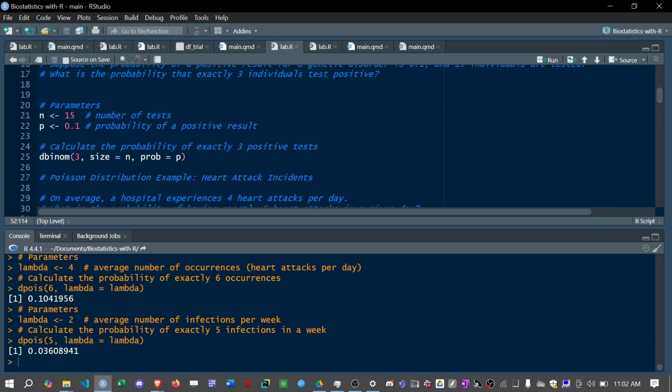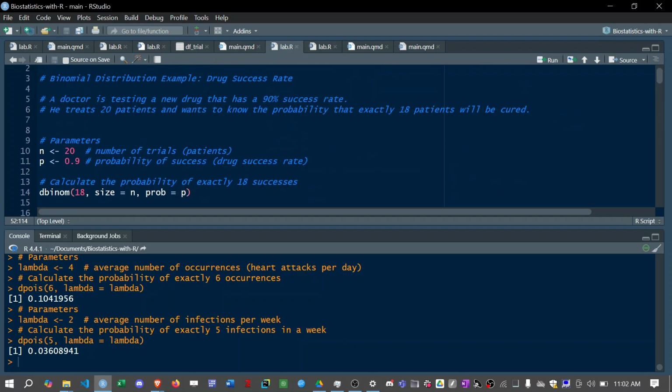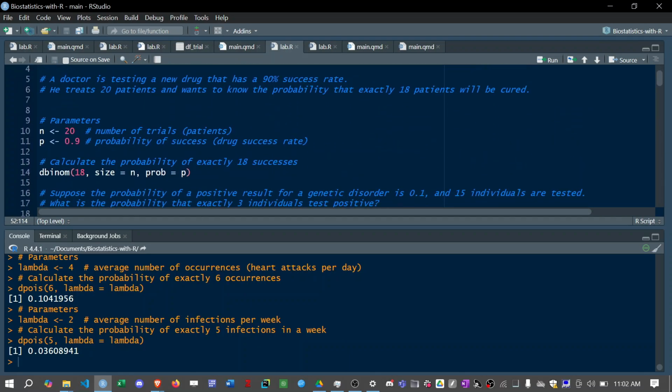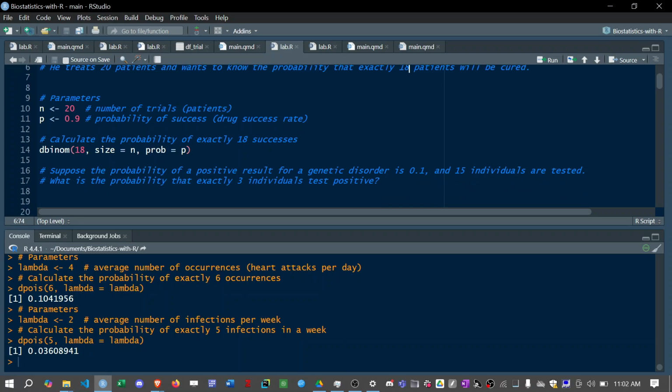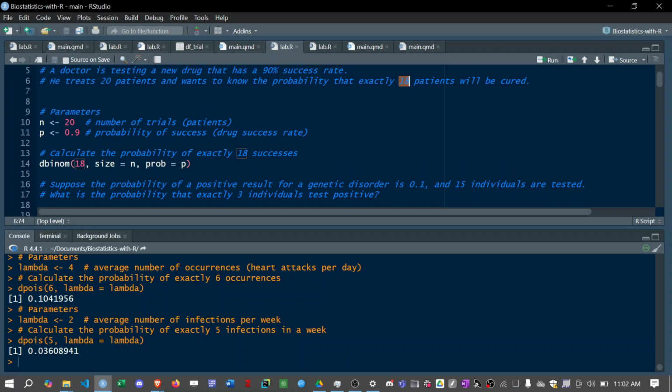In this particular case, let me also explain something now. You can see that we are saying the probability that exactly 18 patients will be cured. What if they now say, what is the probability that less than 18 patients will be cured? How do you do that? Now, you have 2 ways of doing that. The probability that less than 18 patients will be cured means, because less than 18 means that 18 is not included,